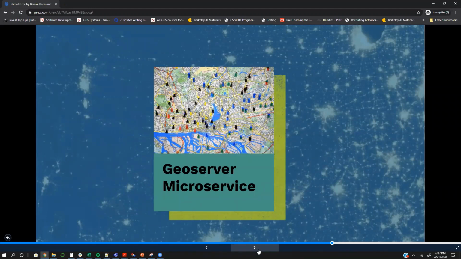Hello, the GeoServer microservice is what we're using to display places on the map. Just a disclaimer, the places microservice was what we used originally to meet some of our deliverables early on, so that we could build the components to display the places that were in our database. About a month ago, we switched over to GeoServer for future extensibility, and it had a much faster response time when we were doing our load testing. So let's go to the next slide.